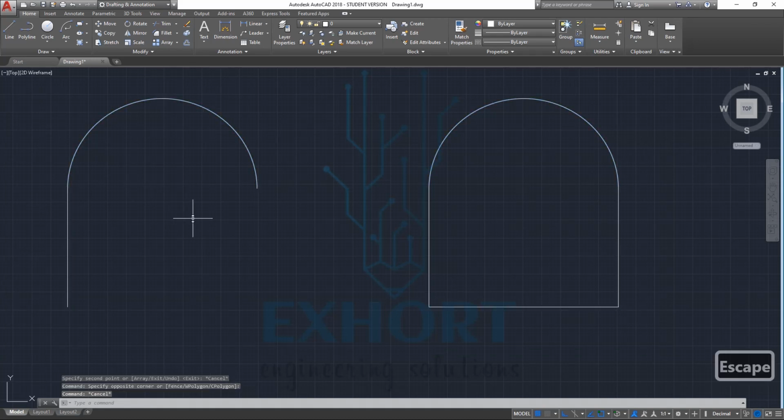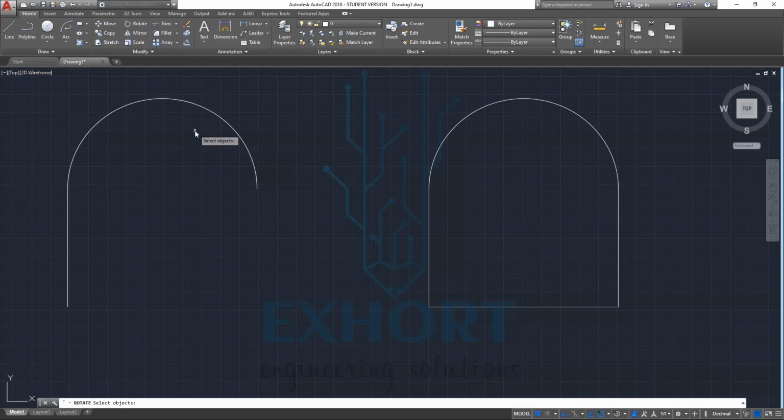Now we will see how to rotate these geometries. For it, just select this rotate command. Here you will see, just like move or copy, we can rotate our geometries. Suppose we want to rotate this from the upper side to the lower side. Just select this arc and hit Enter.